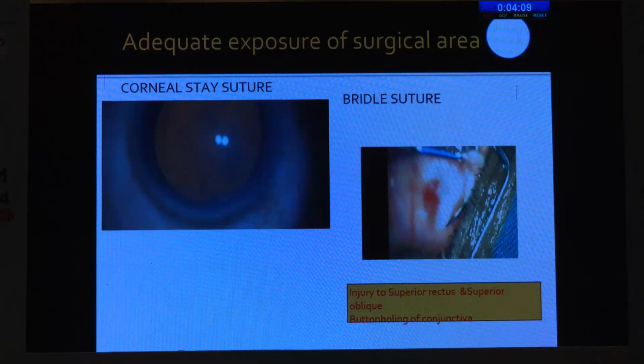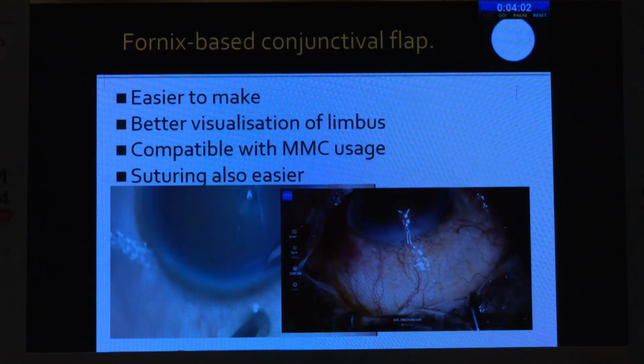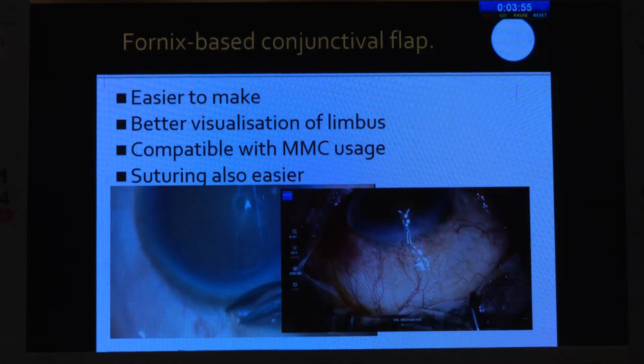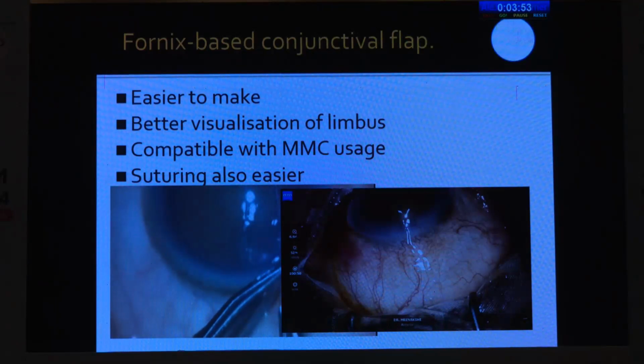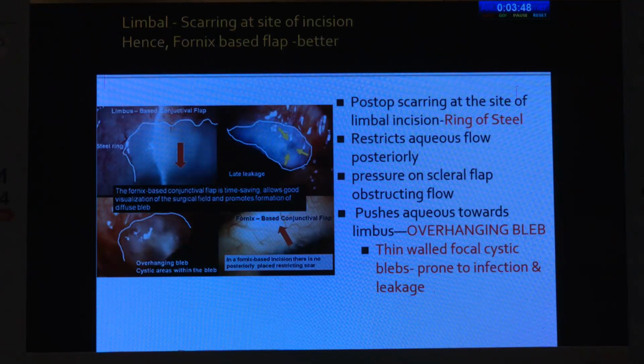A brittle suture can sometimes injure the superior rectus and superior oblique, so a tonal stay suture is better. The fornix-based incision is better because it is easier to make, with better visualization of the limbus. It is compatible with MMC usage, and the suturing is easier. The reason why limbal one is not good is because it may cause a ring of steel, although it depends on every surgeon's hands,